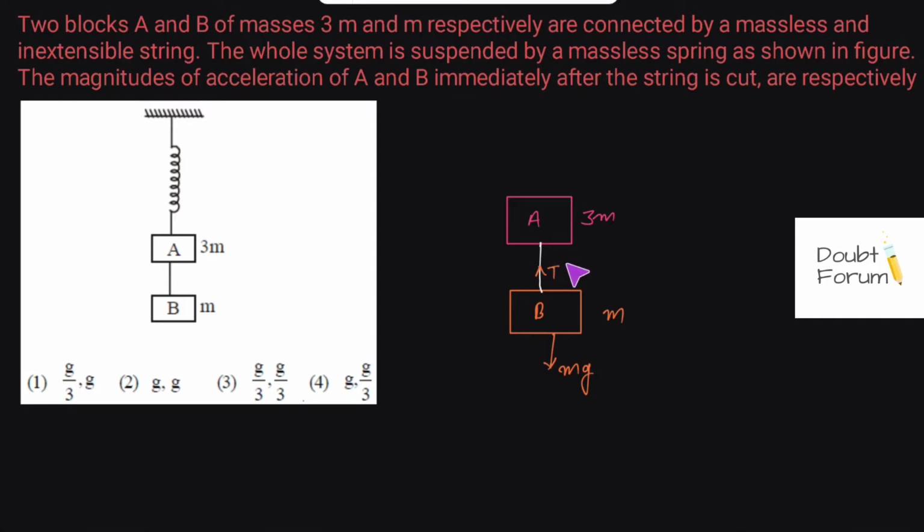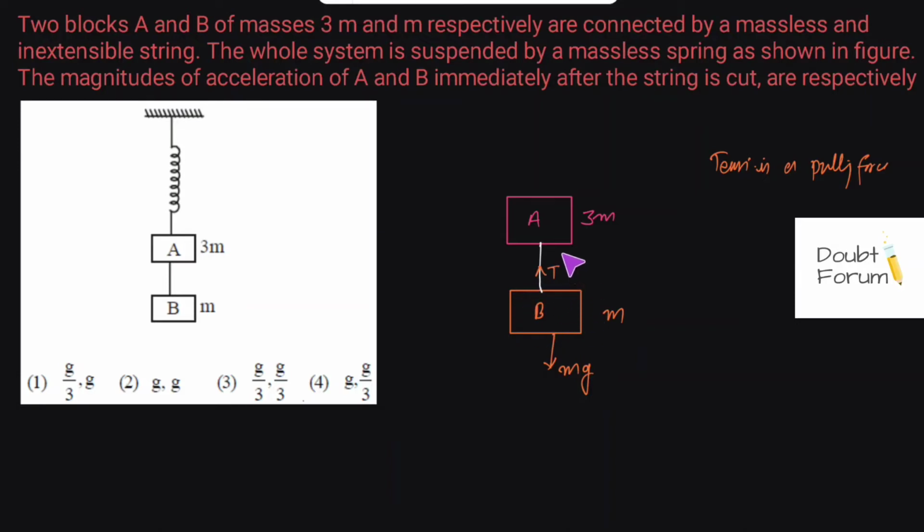And if there is ever any confusion about what direction of tension we should take, always remember that tension is a pulling force. So whenever we have to mark the direction of tension, always try to make the direction such that it will pull the block. If we take this tension downward, it will not pull it but rather push it. So I will mark the direction of tension upward, because when the tension is upward, only then will this tension pull this block.